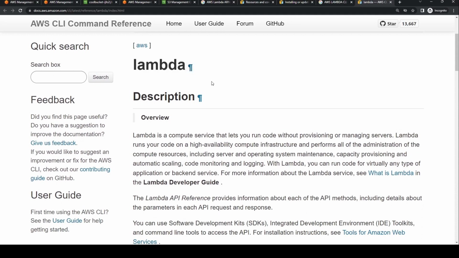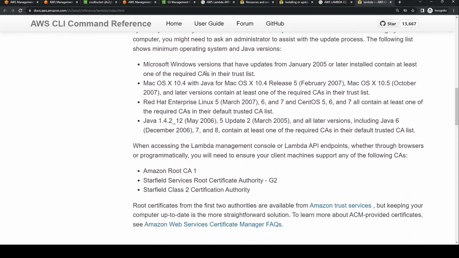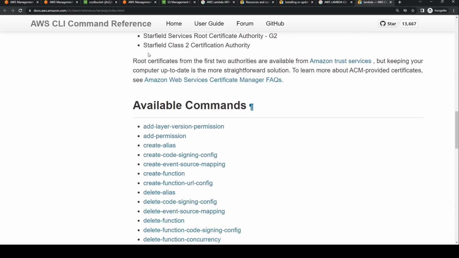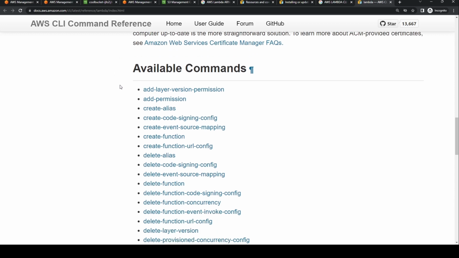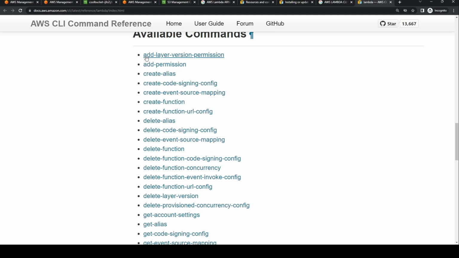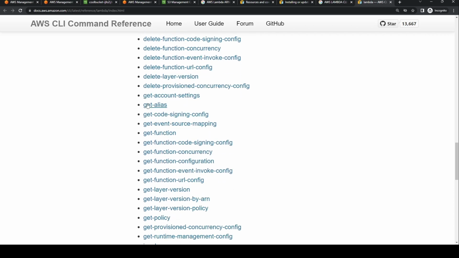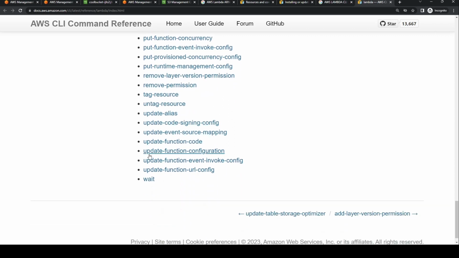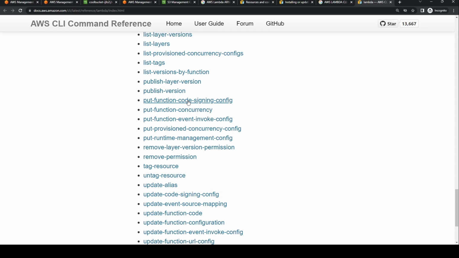So this is Lambda. And remember, the command is going to be AWS, the service name, so Lambda. So it's going to be AWS Lambda and then some API name. But we don't know what those API names are. And so if you Google what I did for whatever service you're looking at, it'll give you all the APIs here. So these are all the available commands. You can see the first word is pretty transparent about what the API does. So this add stuff, this create stuff, this delete stuff, this get stuff, so returns info, this list stuff, this put stuff, update stuff. I don't know what wait is, but